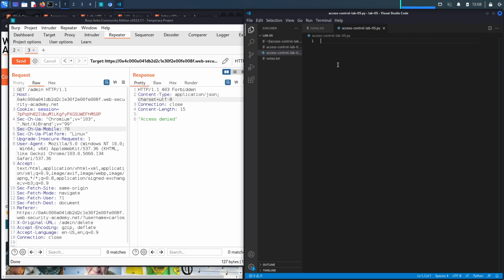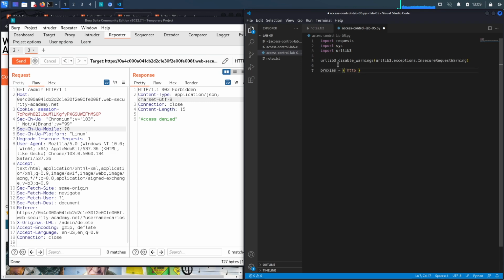All right, so as usual, the first thing we're going to do is import the requests library, which allows us to perform HTTP requests. Next, we're going to import the sys library, which allows us to obtain command line arguments. And then the urllib3 library, we're going to use that to disable certificate warnings. So disable warnings, urllib3.exceptions.InsecureRequestWarning, and we're going to set proxies to be equal to